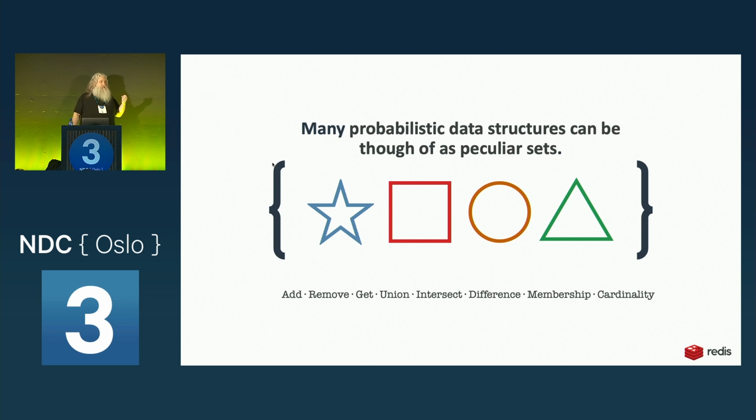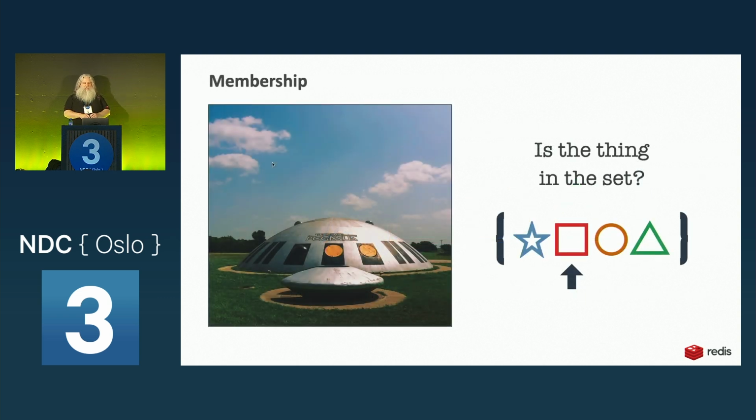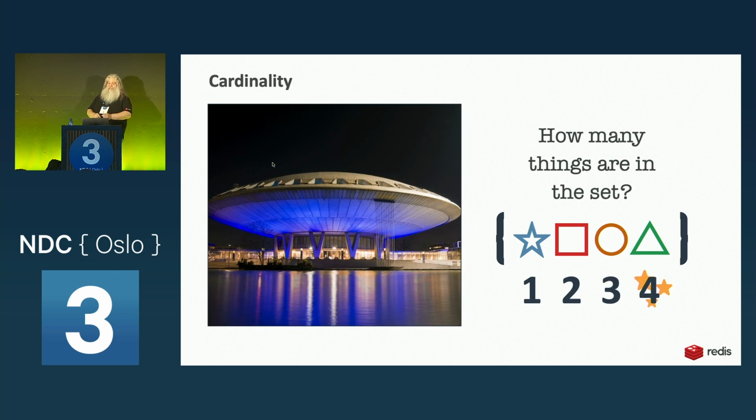Probabilistic data structures are often sets that only do some of these things. And so you might have a probabilistic data structure that tests for membership. I keep adding things to it, and then I can say, is this thing in the set? And it will say yes or no, or probably not and probably is, because it could be lying to you. You can create a probabilistic data structure that says how many things are in a set. So as you add unique items, like say the username example from unique views of a video, you can then get a count of those, how many unique things are in that set.